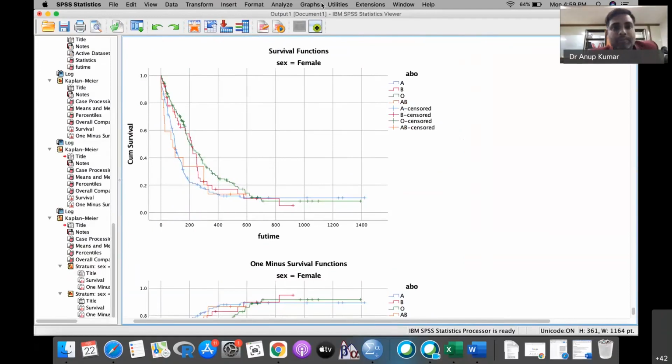Here what you have to simply select is that you can analyze at two folds. One fold is the blood group and another fold is the strata, so that male is one stratum and female is different. So if some confounders are present in your data and you want to analyze the survival analysis in those confounders separately, you can also do this.